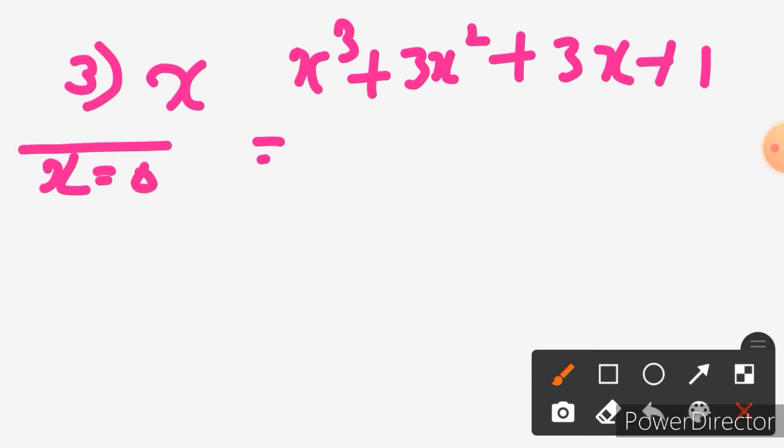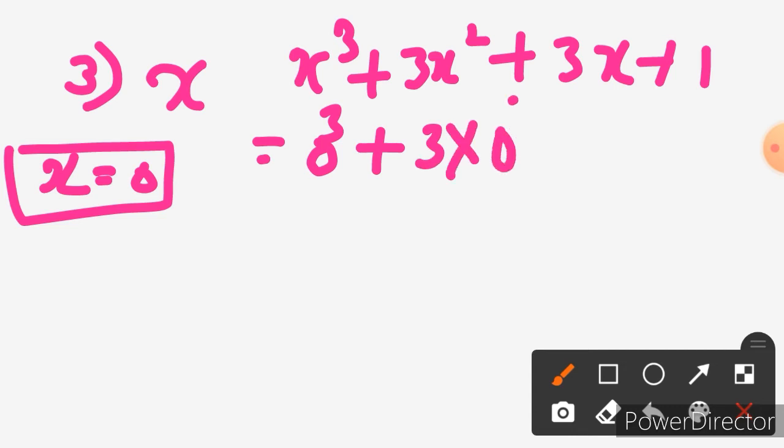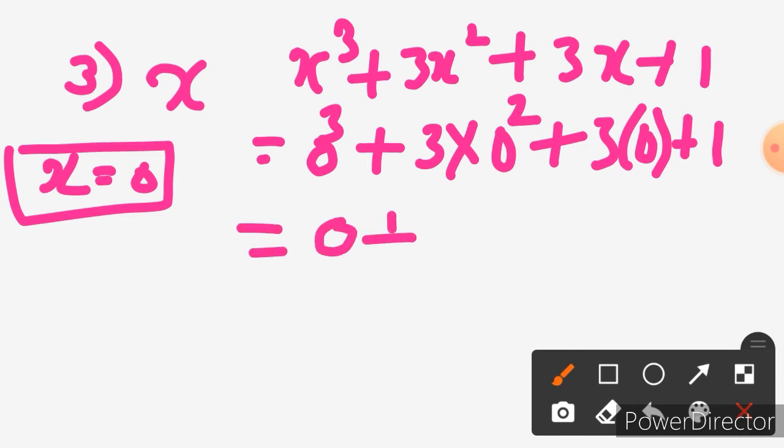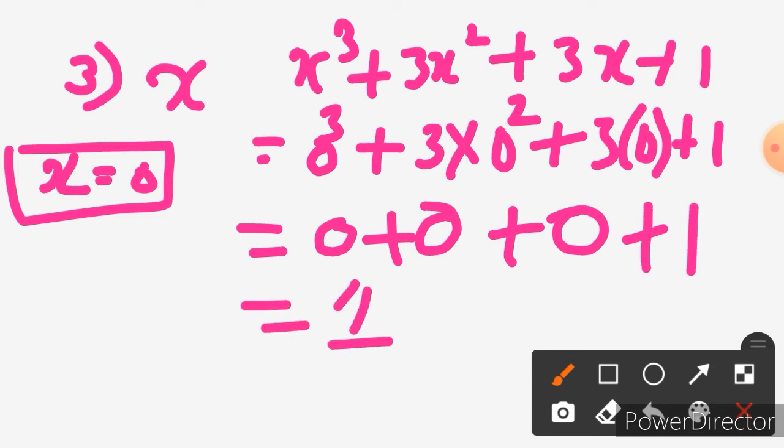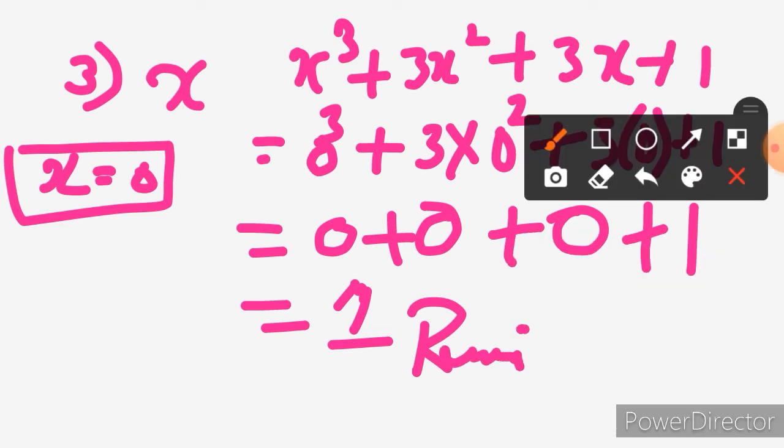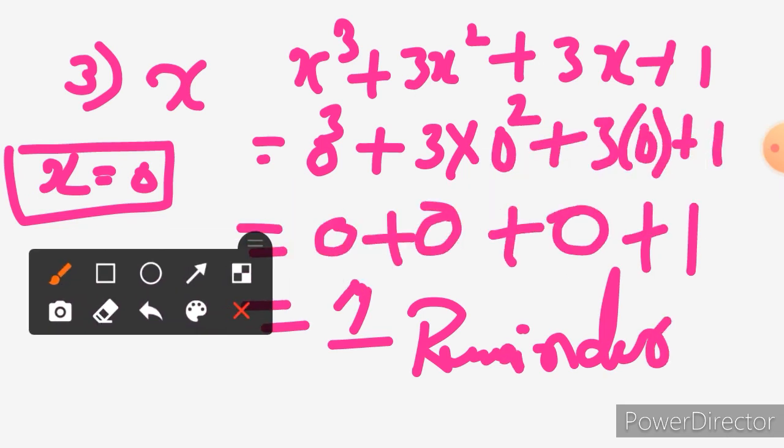Okay, x equals to 0. Substitute x equals to 0 in this expression: 0 cube plus 3 into 0 square plus 3 into 0 plus 1. If you observe, 0 cube is 0, plus this term will get 0, plus this term will also get 0, we will get 1. So totally it is 1 here. So 1 is the remainder. Isn't it easy? Can we find the remainders for this kind of given divisors? Finding the remainders is very easy. So don't leave the chance when you get this kind of divisor, if you get to solve the given polynomial.